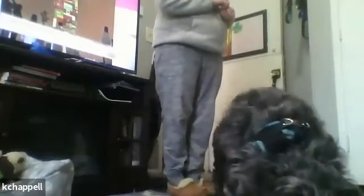Okay. So release him from the down. When he first sits, let's just build up him learning to sit and stay in a sit without sliding into a down or getting up. We're going to do it slightly different than we've done before. You're going to tell him sit, and then you're going to feed treat after treat